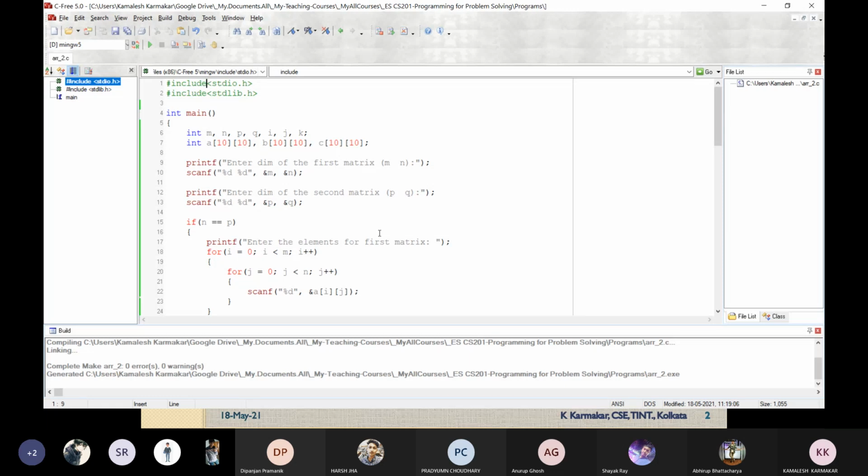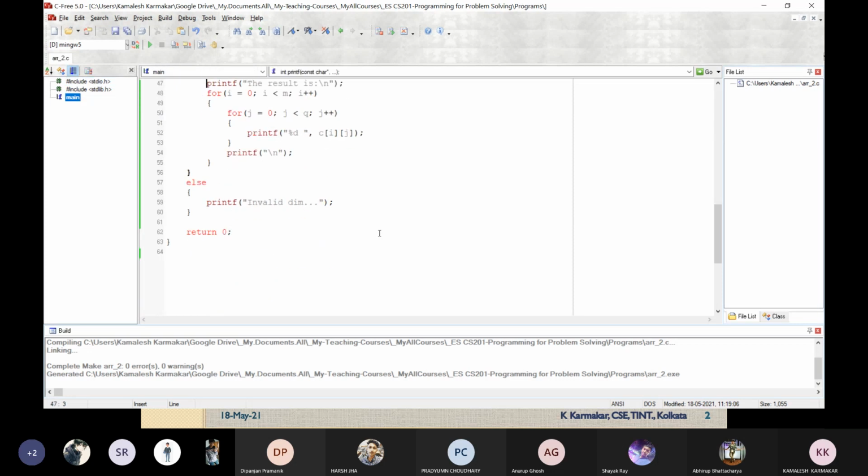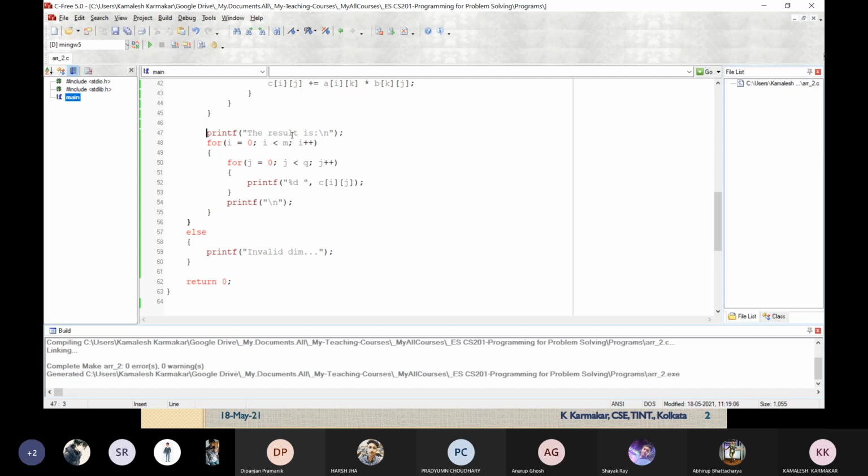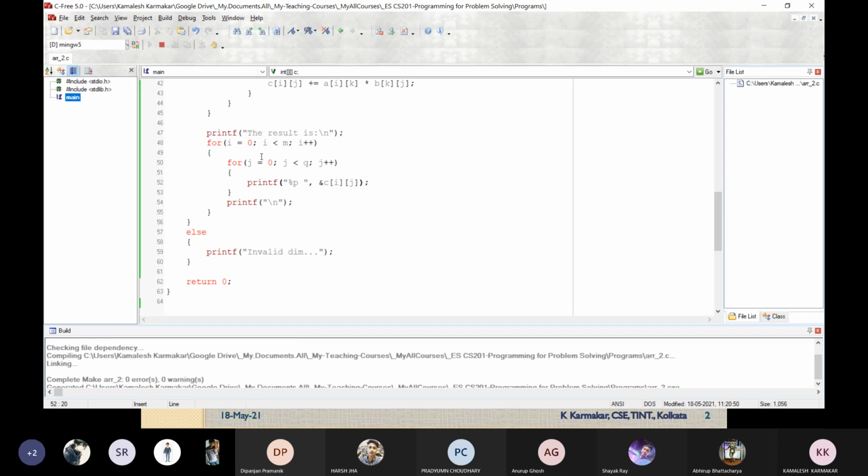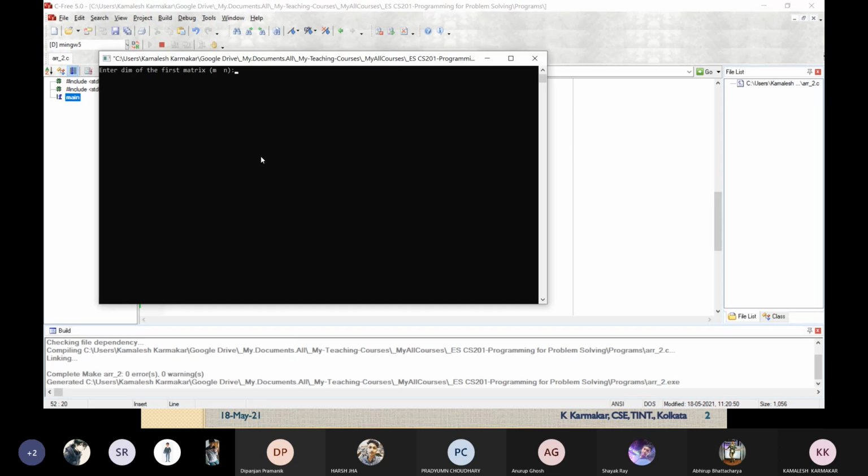Even if it's a two-dimensional array, let me show you. If this is the C matrix, instead of printing the value of C, I want to print the address of all the elements of C. I will just enter some garbage value.